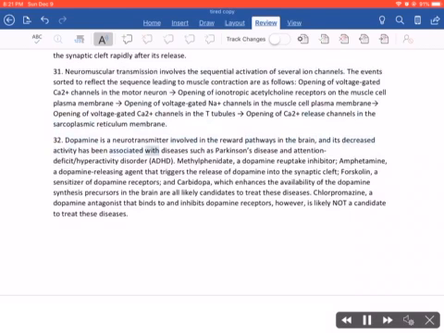32. Dopamine is a neurotransmitter involved in the reward pathways in the brain, and its decreased activity has been associated with diseases such as Parkinson's disease and attention deficit hyperactivity disorder, ADHD. Methylphenidate, a dopamine reuptake inhibitor, amphetamine, a dopamine-releasing agent that triggers the release of dopamine into the synaptic cleft, forskolin, a sensitizer of dopamine receptors, and carbidopa,